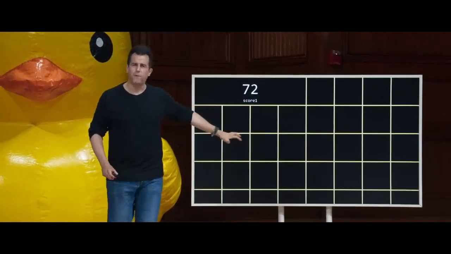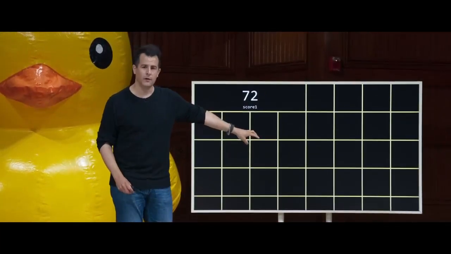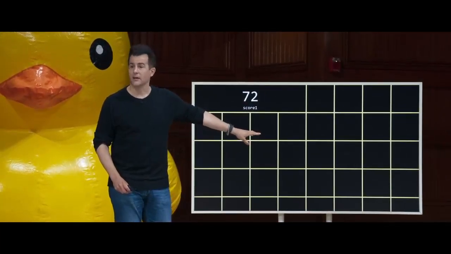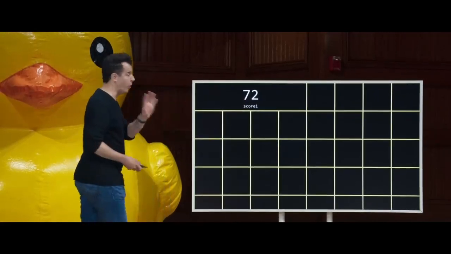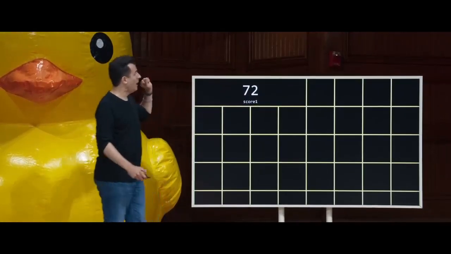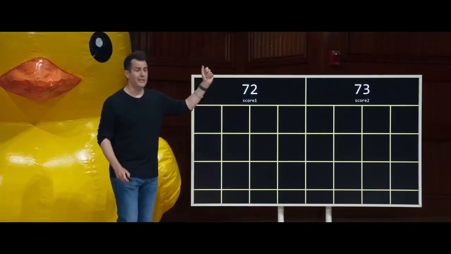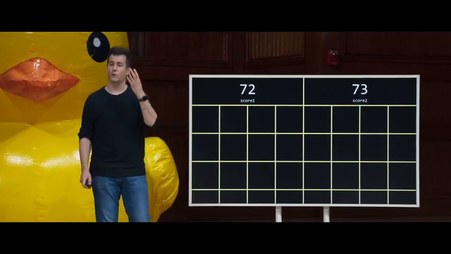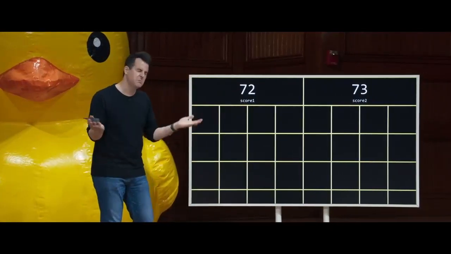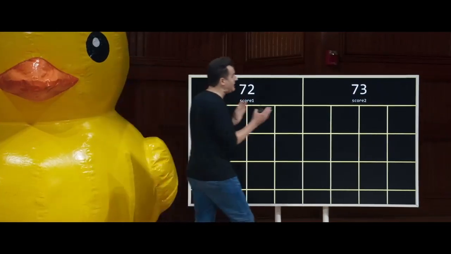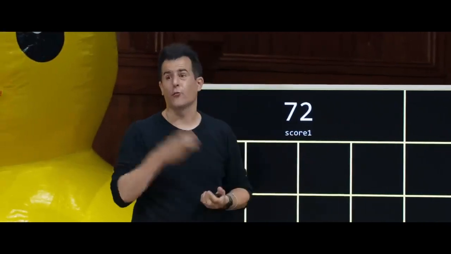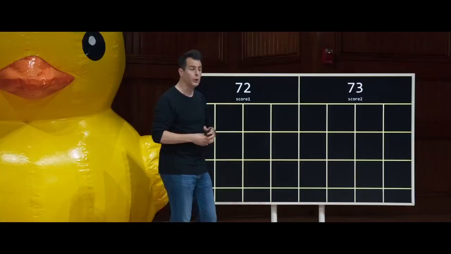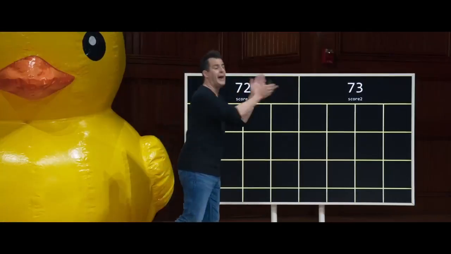Why is it taking up 4 squares, though? Because it's an integer. And on this system, an integer is 4 bytes. So I've drawn it to scale, if you will. Score2 is the number 73. It also takes 4 bytes. By coincidence, but also by convention, it will likely end up next to the first integer in memory, because I've only got 3 variables going on anyway. So the computer quite likely will store them back to back to back.